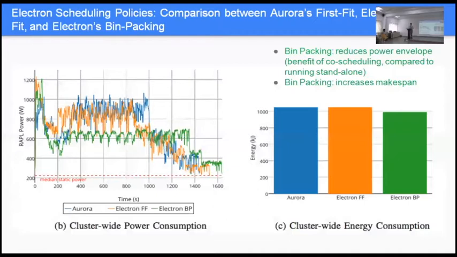So the question is, what is the trade-off? Is this slight increase in the amount of time worth it because you're reducing the cost of running the cluster so much? And remember, this is important when you do some research like deadline-based scheduling. If you do deadline-based scheduling and then you have the constraint, do not use too much power, you know that if you're using this basic technique of bin packing, this is the extra time that your application is going to run. And in this particular case, compared to, say, the first fit out here, which finishes at 1400, this finishes at 1600 seconds. So it's taking 200 more. So it is a big hit. It is a hit, but maybe the advantage of power here is much more.